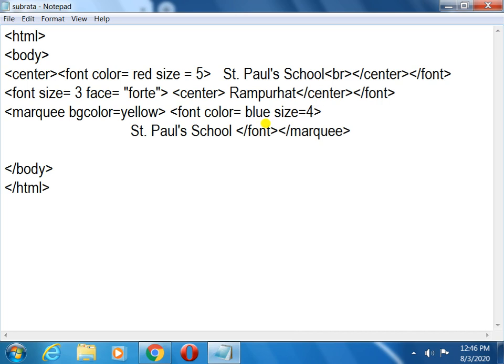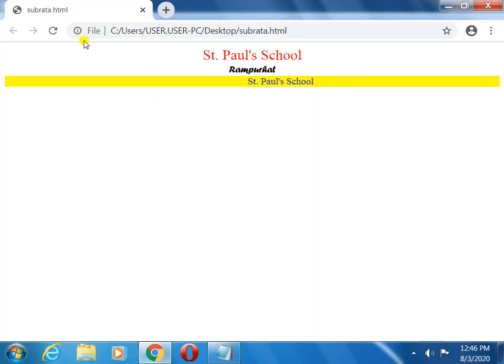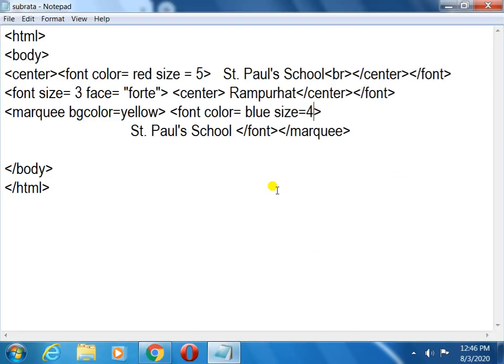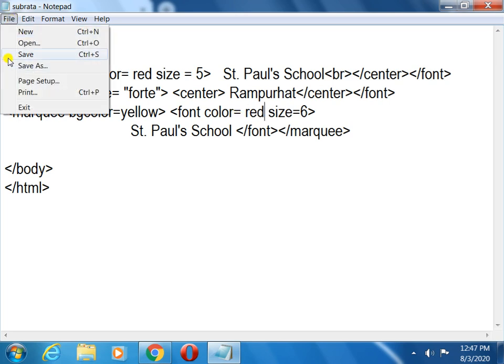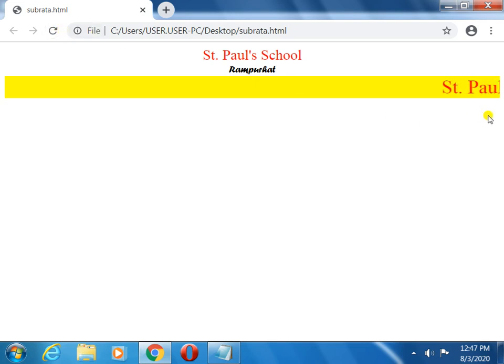Now save it, refresh, see. Now if you want to change the style, you can do it. If you want more size, give 6. The color I gave here is red. Save, refresh, just look here.